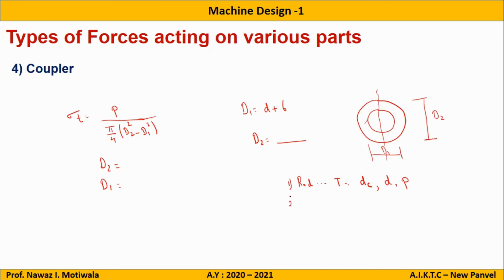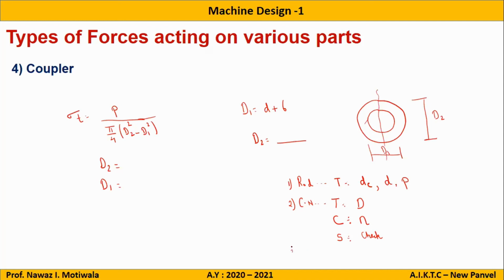Then we considered the second part, that is the coupler nut. In the coupler nut, when I considered the tensile failure, what did I get? I got the value of the outer diameter of the nut, that is capital D. Then we considered crushing failure. In crushing failure, what did we get? We got the number of turns engaged in the coupler and the tie rod. And when we considered the shear effect, we checked for safety. We checked for the sigma s induced.